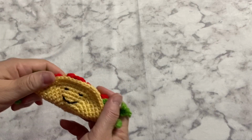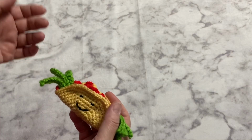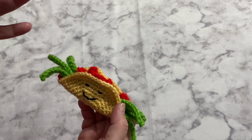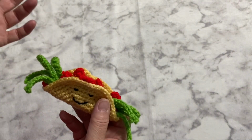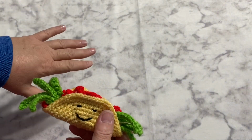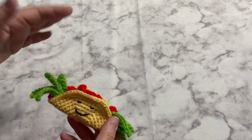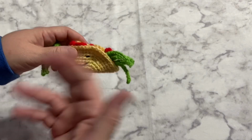One of the things I have been working on, because I want to get these done, there's so many to make, is the taco ornaments. And I thought today I would go ahead and just stick one together and see what it looks like. I'm making 12 of them for a customer, and then I'm going to make a couple for my daughter and a few for her friend, remembering when they worked at a taco place,